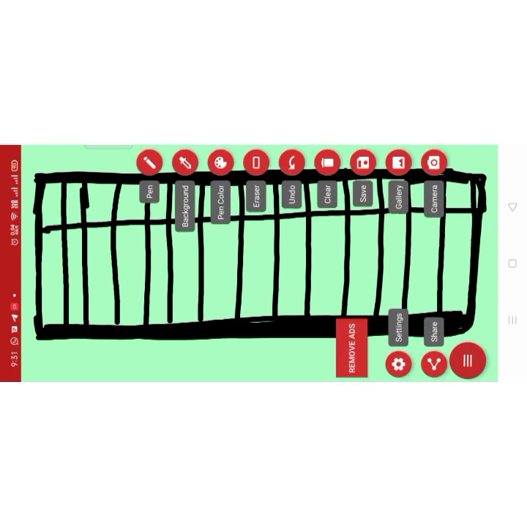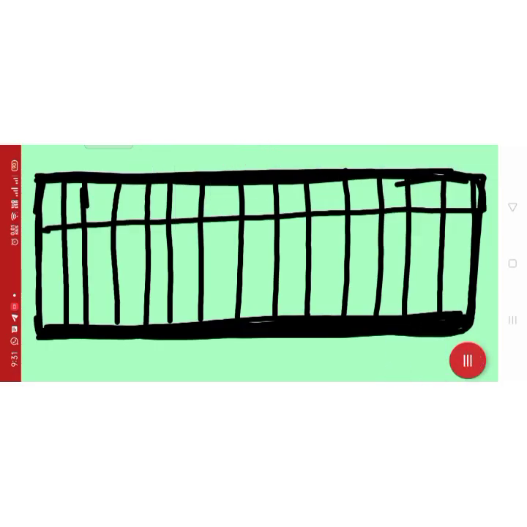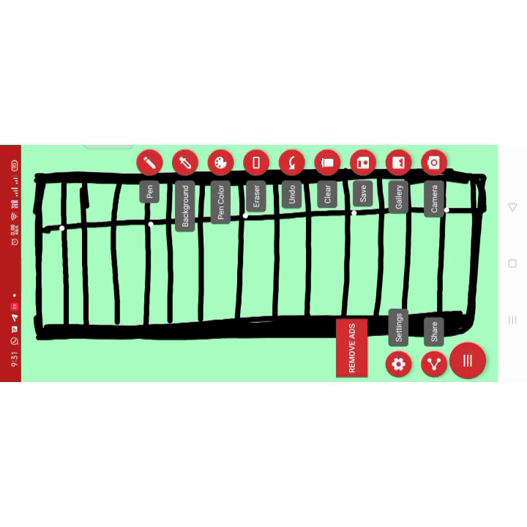Done. Now I will change the pen color. We'll take it white. Okay. So I'll give the dots. Which dot? Unit dot. So the first rod will have one dot. After that, leave two rods, and in the third rod you give the dot. Again leave two rods, in the third rod you give the dot. Again you leave two rods and you give it over here. Done? Now we will draw the beads.